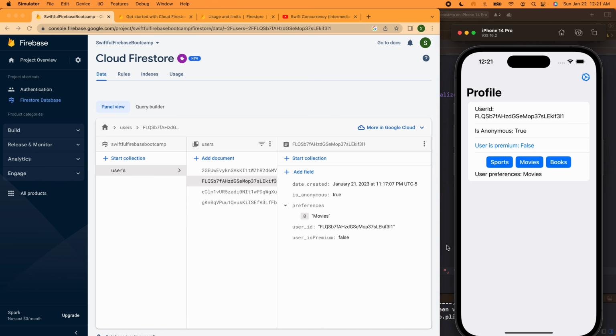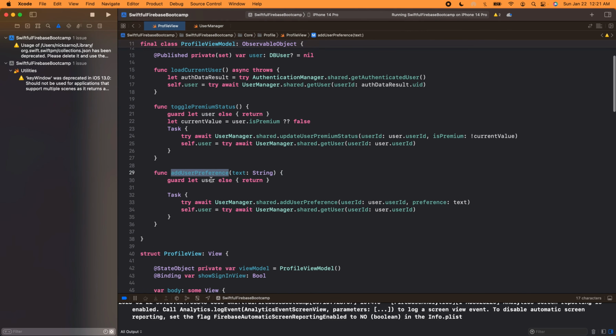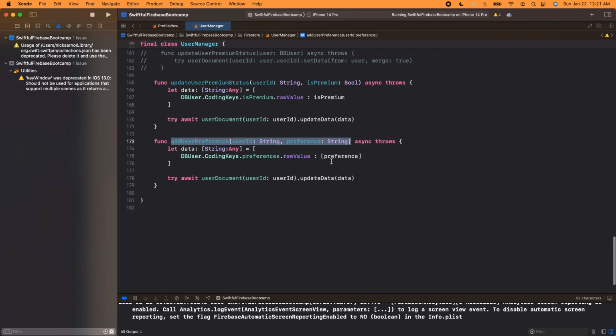And so with Firebase, we need to write some custom code because it's an array. We don't want to just replace the array. Now we could have code to say every time we add a preference, we could get all of the current preferences, append to the local array, and then send an array with 2 values to the database. That would work. But what's even better is what Firebase allows us to do